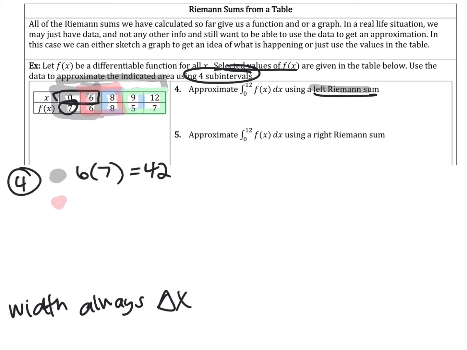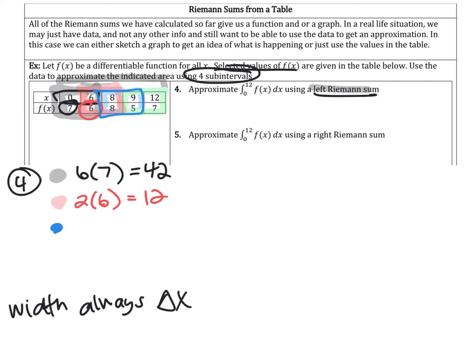The red one, our width would be the distance between 6 and 8. That width is 2. And the height would be the left-hand value, which is 6. 2 times 6 is going to give me 12. If I look at the blue one,